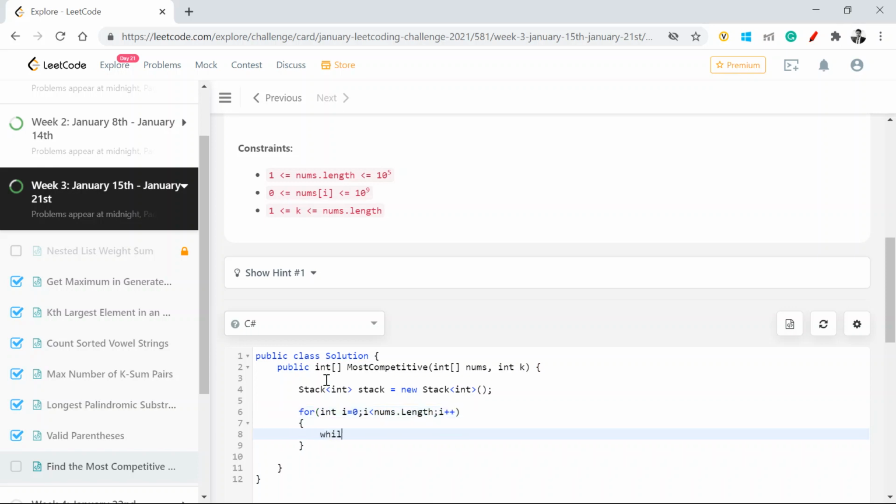Now what we're going to do is, while my stack count is greater than 0, just be with me for some time, okay? And my nums of I, whichever the value which I'm looking at, is greater than my last value which is inserted into the array,